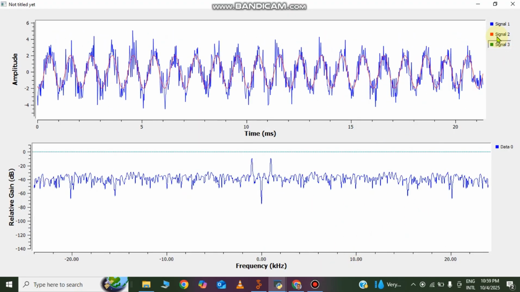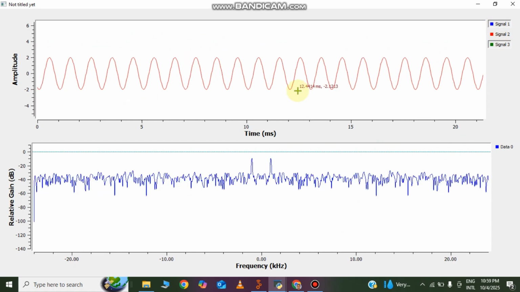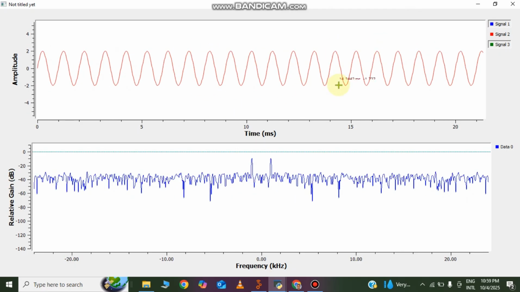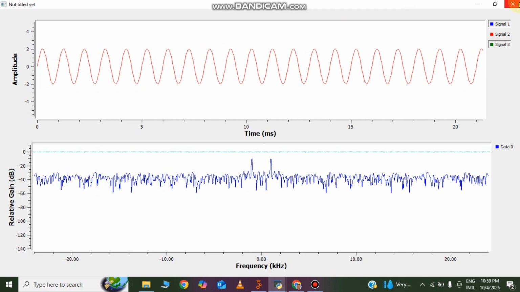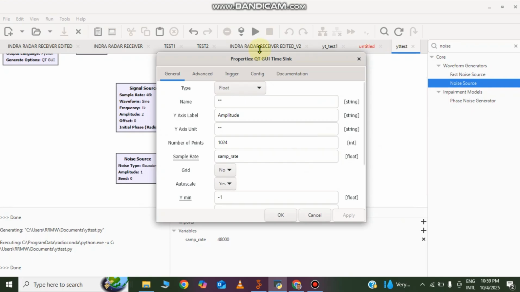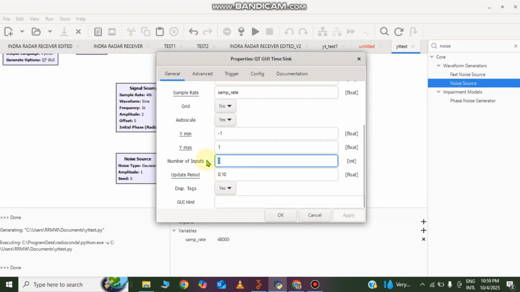And then if you need to turn off the noise also, click in here. Then you will have only the signal source in this window. And let me close this. Okay, then I will change the time sync back to its original form. Let me change this to 1,